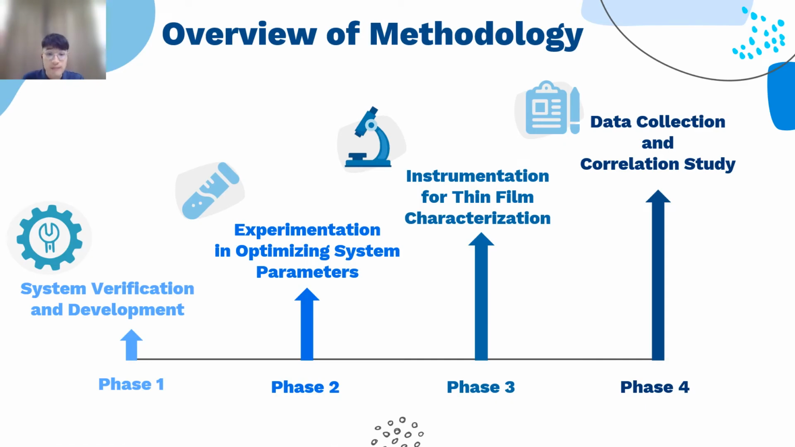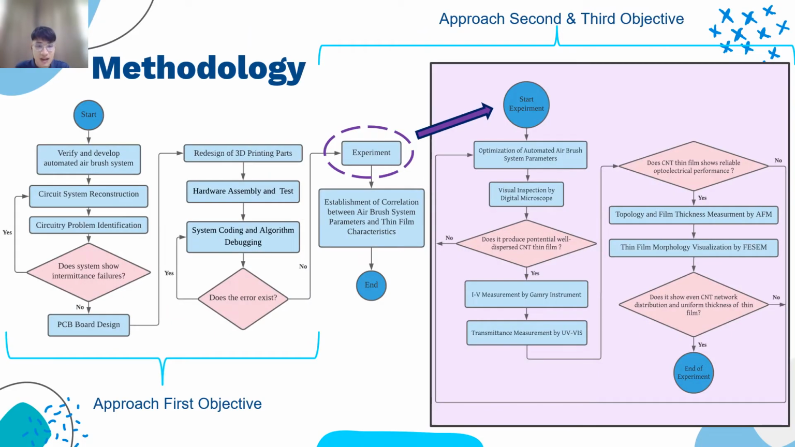So this is an overview of the methodology, which includes phase 1, system verification and development; phase 2, experimentation in optimizing system parameter; phase 3, instrumentation for thin film characterization; and phase 4, data collection and correlation study. So the detail of the flowchart of methodology: the left-hand side is the pathway that approaches the first objective, while the experimental and characterization part is the way to approach my second and third objective as